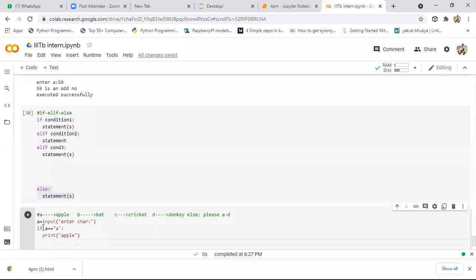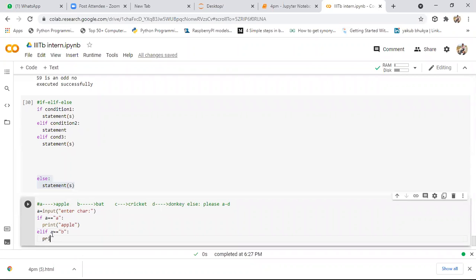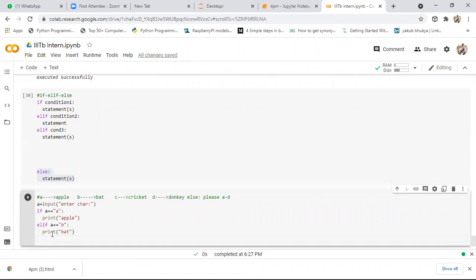After this, if it is not equal to a, we need to check the next condition. That is, if a equals character b or not. If it is character b, I want to print output like bat. After that, I'll say if a equals c.